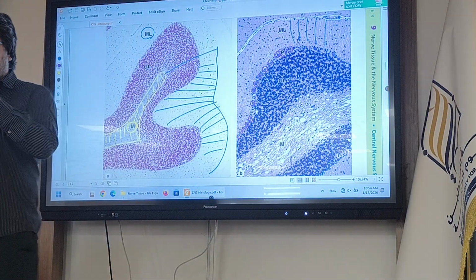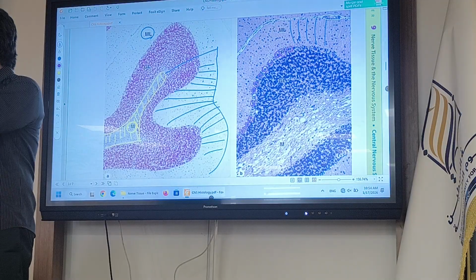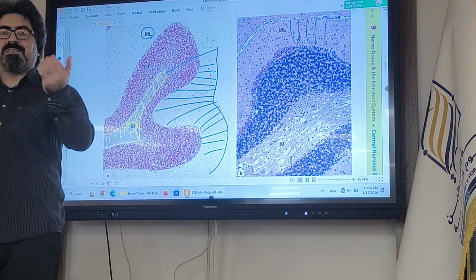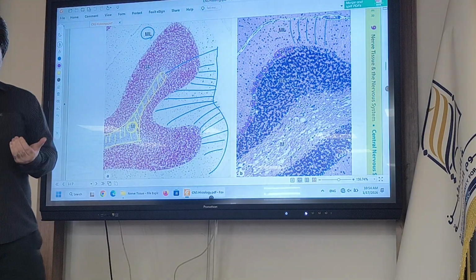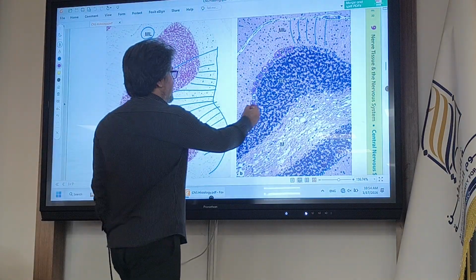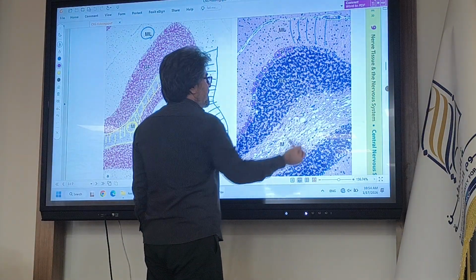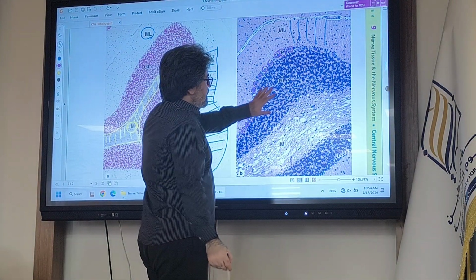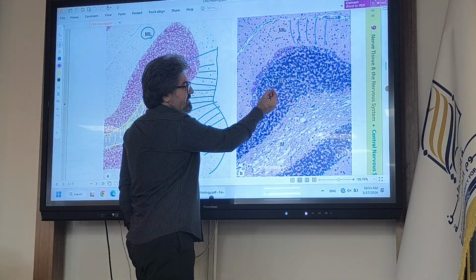Purkinje cells, the second layer, just one row of unique, functional cells in the cerebellum. And the innermost layer is composed of densely packed